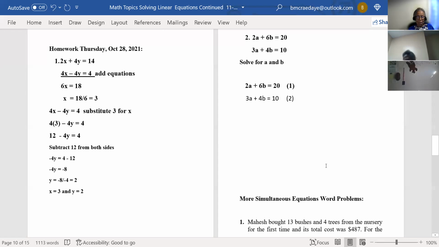Now, elimination would be the best way to do this one. But since you have a 2 and a 3, they both have least common multiple of 6. So 3 times 2 is 6. 2 times 3 is 6. So you're going to multiply, because if you get 6a for the first one, 6a for the second one, then you can subtract them, right? So multiply